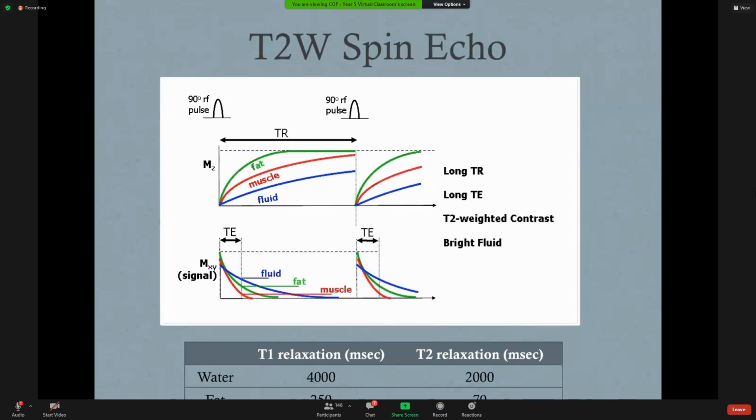T2 weighted sequence: long TR, long excitation, so it takes a longer time to actually build the magnetization, and then to listen to the echo, you take an even longer time. Now, because water has a relatively long T1 and T2, and because I already take a longer time, I will have time to pick up the signal from the water, which will appear bright